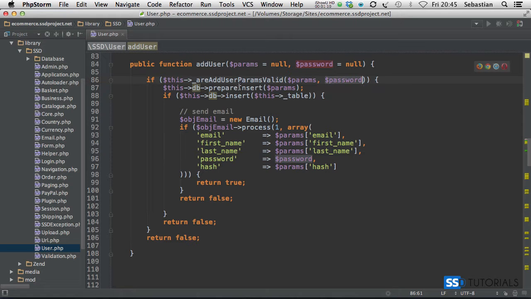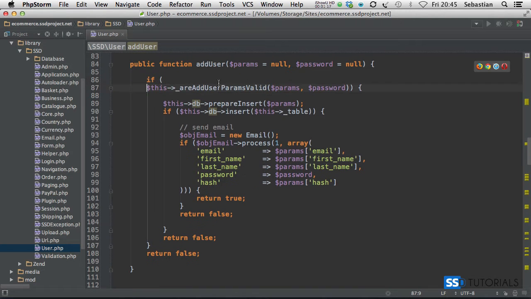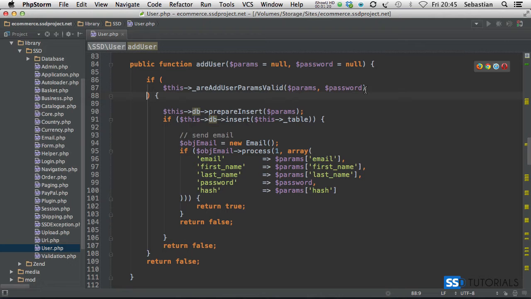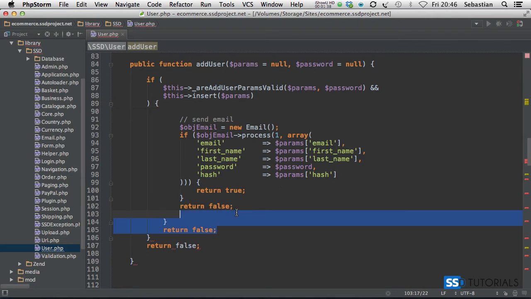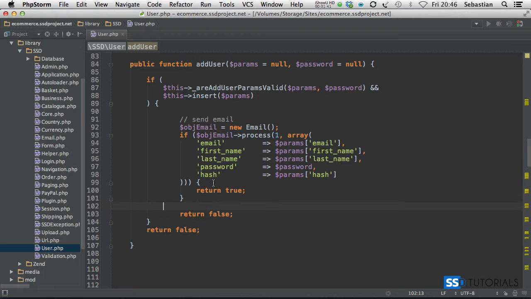And rather than then actually inserting the statement separately and checking again if it was successful, what we're going to do is put this statement here on the new line, indent it, and we're going to basically do end here, this insert, and we're passing all params as the parameter, and we can now remove these two lines, basically for prepare insert and insert itself. So if we just remove this here, a few new lines, let's just put it like that,